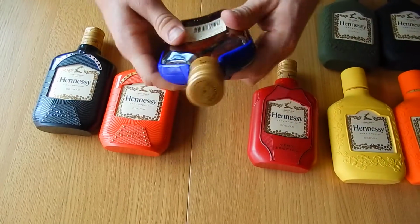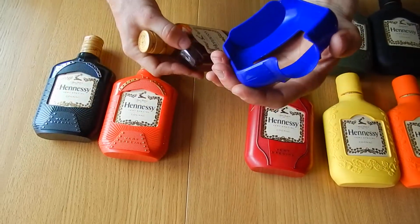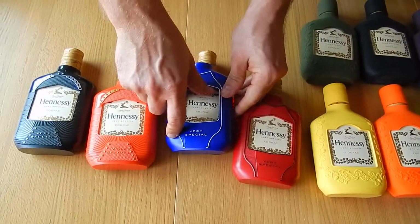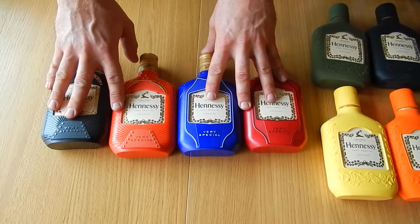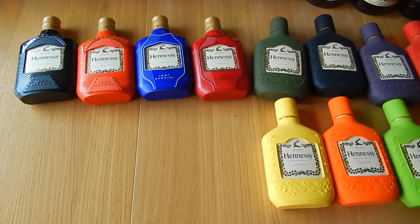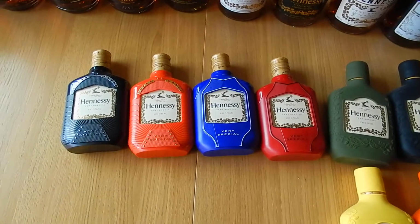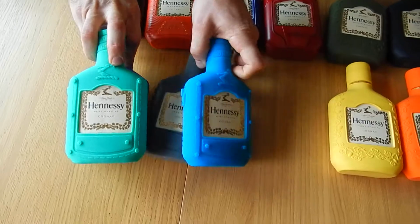So it comes off easily. Just click it off, take it off. You see, inside is just a jacket for the 20 centiliter bottles. So very nice. You see it clicks over. It's very easy. 4 colors. So this was plastic jacket sleeve in 2012. And then in 2013 they released again 4